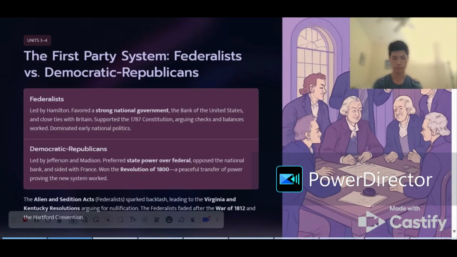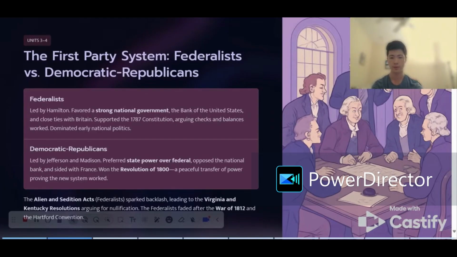The Democratic Republicans are more concerned about protecting individual liberty from government overreach. They're the big proponents of the Bill of Rights. One important example of when these two ideologies come into conflict was the Alien and Sedition Acts under John Adams. The Federalists limited free speech. You couldn't criticize the government, and there were harsher deportation laws. That ultimately led to backlash in the states with the Virginia and Kentucky resolutions, which said that states could nullify